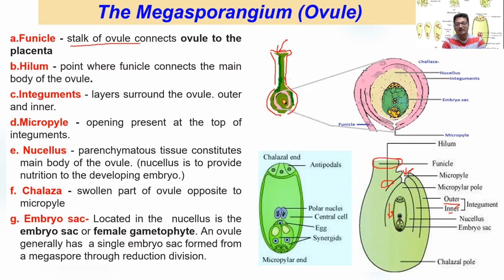And in the center, it is the embryo sac, which has been enlarged and shown to you. If you look carefully at the embryo sac, you'll find it has got 1, 2, 3, 4, 5, and 6, and this central cell, 7 cells. But if you count the nuclei, there are 8 nuclei. So it is a 7-celled or 8-nucleate structure, which is called as embryo sac. So how is this embryo sac being formed, right? Ovule is also called as megasporangium, right? An ovule generally has a single embryo sac formed from a megaspore through reduction division, as we have been talking about. Reduction division means meiosis, which leads to variation.